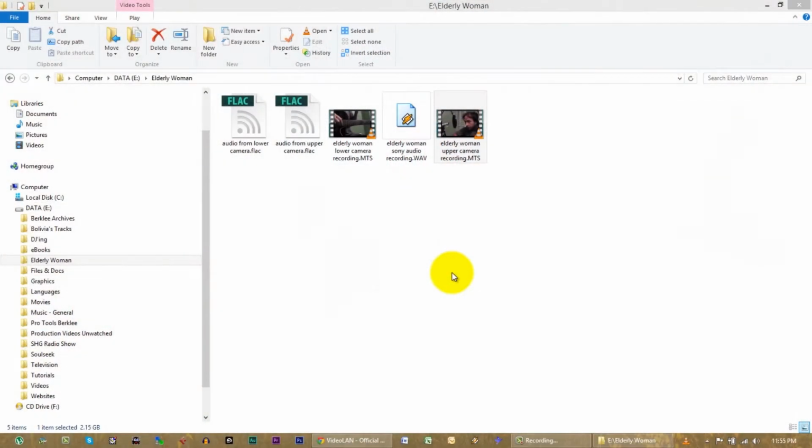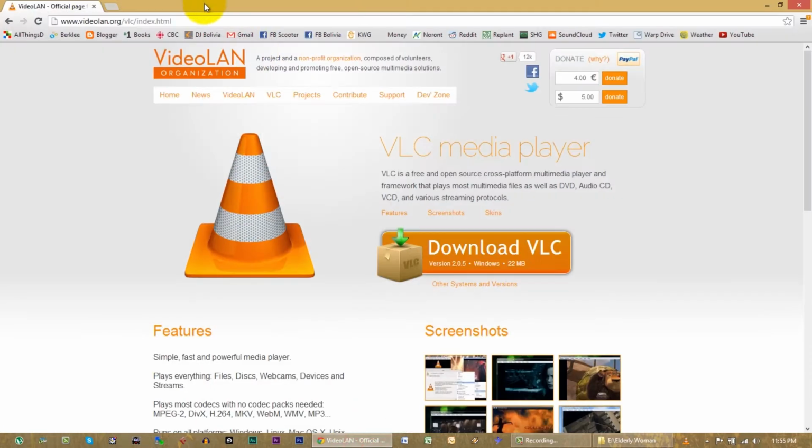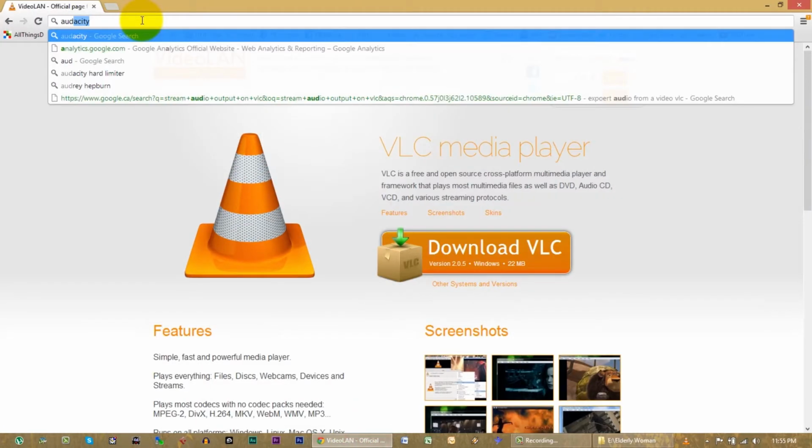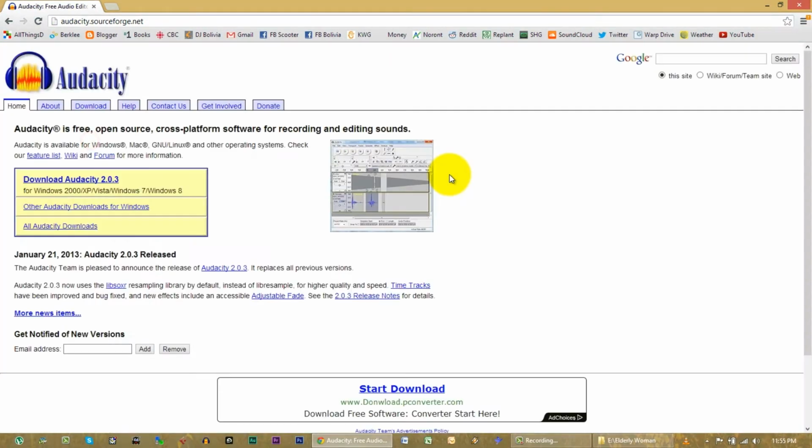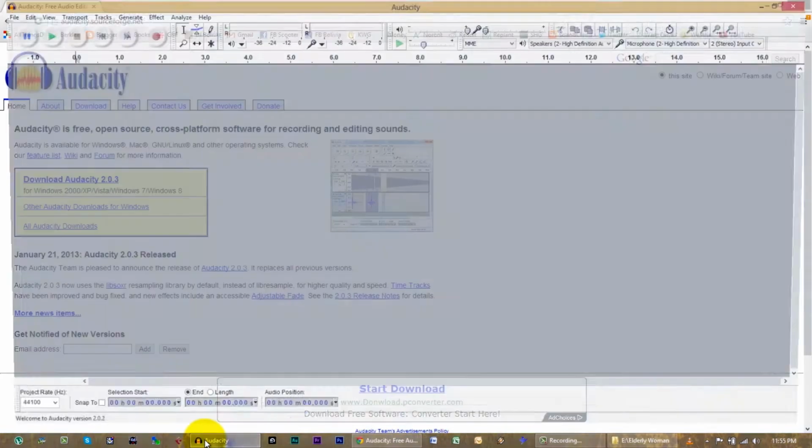Now, let's go into Audacity. Audacity is the program we're going to be using. So, we'll do a search, Audacity, and there it is right at the top of the search options. So this program, again, free program for Windows or Mac users. If you don't have it already, download, install it. Okay, now I do have it. You can see it right there on my quick launch bar. So let's open that up.